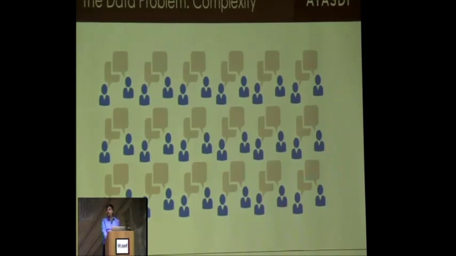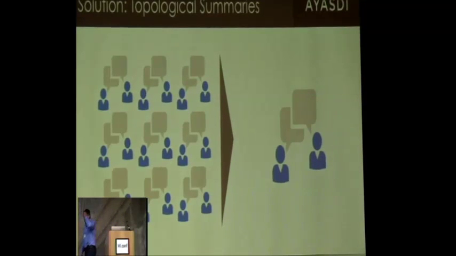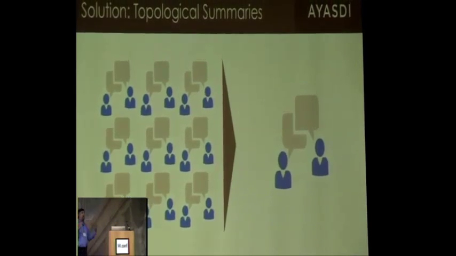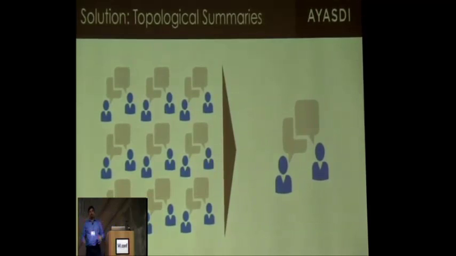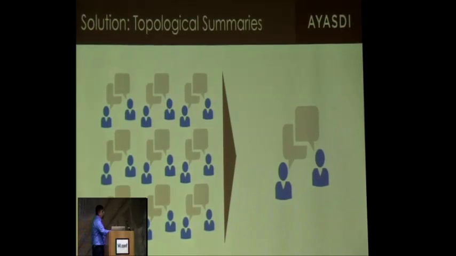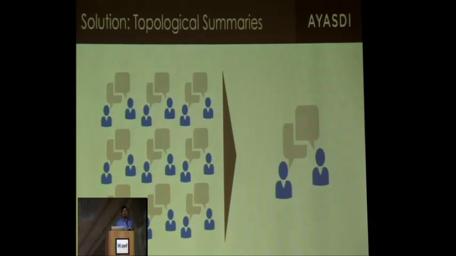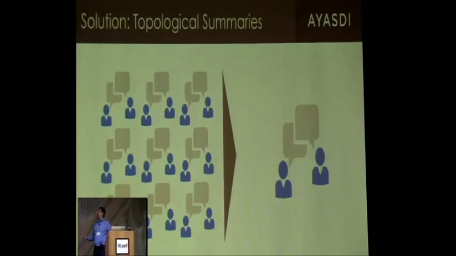So what do you want to do? How do you handle complexity? Well, the example I'm drawing here is a room full of people talking. When you walk into a room like that, you hear a bunch of white noise, right? It's the voices of all the people talking, melding together. And what you'd like to do is understand a summary of the different conversations that are happening. Or maybe you want to zoom in on a particular conversation. But generally speaking, you're not trying to find out what every single conversation is about, right? Summaries are more interesting and more useful than retaining all of the information.